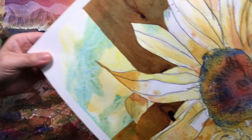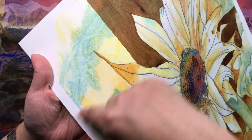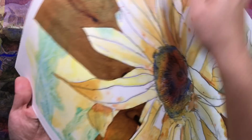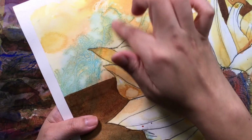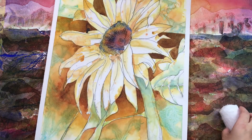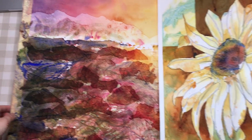Let's see if you can see it better. So that's where the gauze was, and you put manganese blue hue on top, and it leaves these trails of lines. However, when I was painting a different painting, which is this, which I haven't finished yet, I